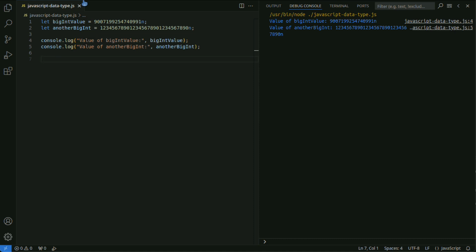BigInt is a data type for handling large integers. BigInt allows accurate representation of large integers that cannot be represented by the number type. BigInt literals are represented by appending n to the end of a number. BigInt is a type for handling integers of arbitrary size with no range limitations. However, BigInt and number cannot be directly operated on together, so caution is required.